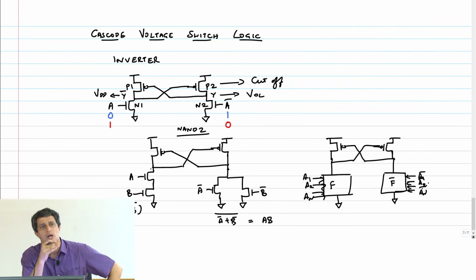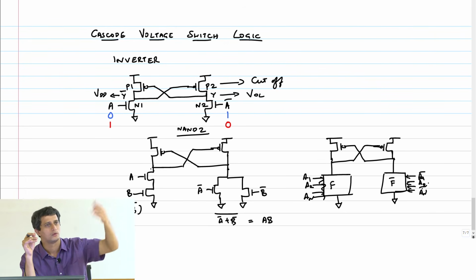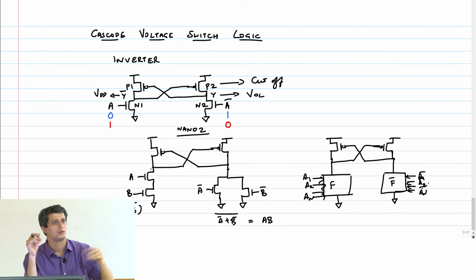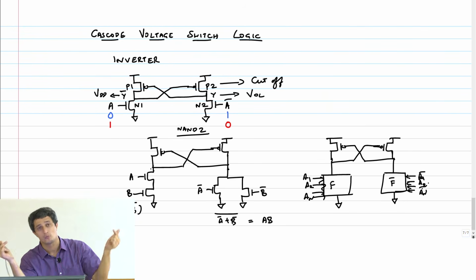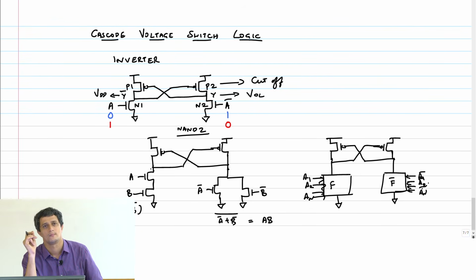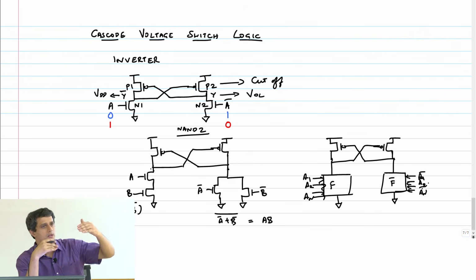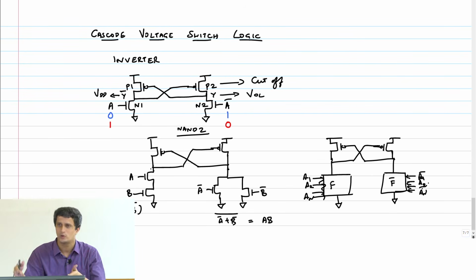Of course, the key assumption we are making is both input and its complements are available out here. I am not generating, for example, if I have to generate A bar internally, then this is not useful, because then the logical effort will change. You have to calculate what that capacitance is, right? There is now a fan out. A is driving this gate plus the inverter. So that's not useful. A and A bar should be available from outside simultaneously. Okay, for example, if you are trying to implement a decoder, typically you will find that you have A and A bar easily available. Okay, now so when the decoder output is being used somewhere, since both output and complement are available, you can just feed it to a CVSL logic at some point.